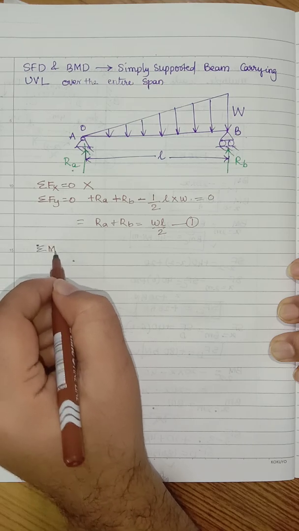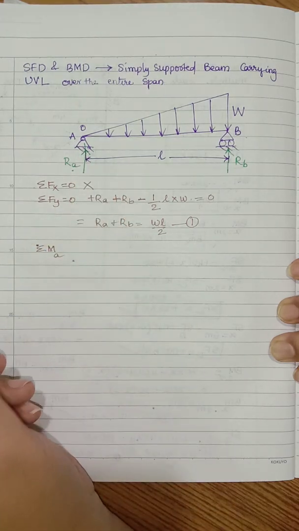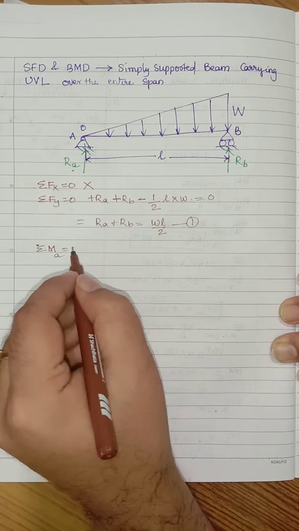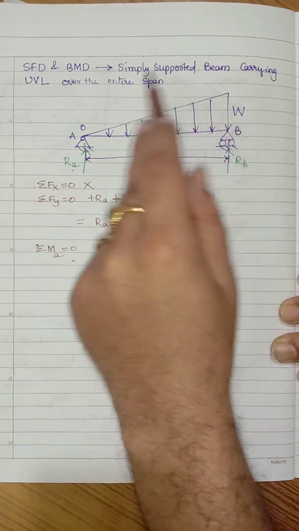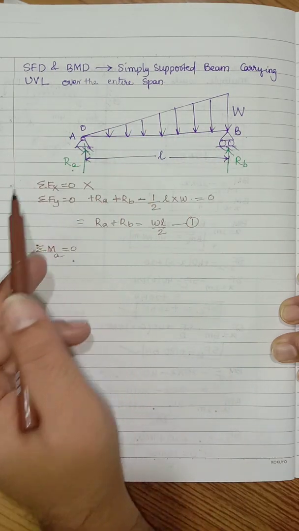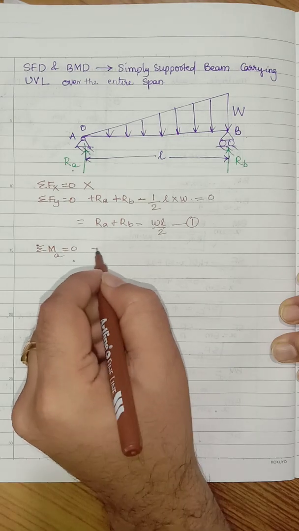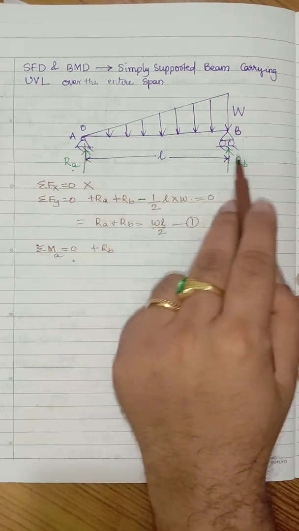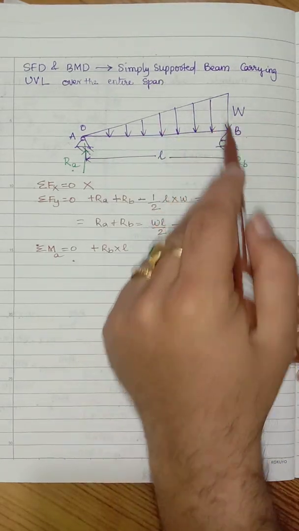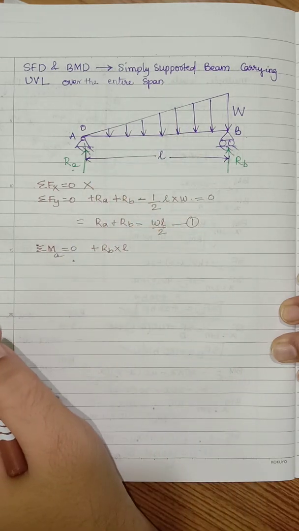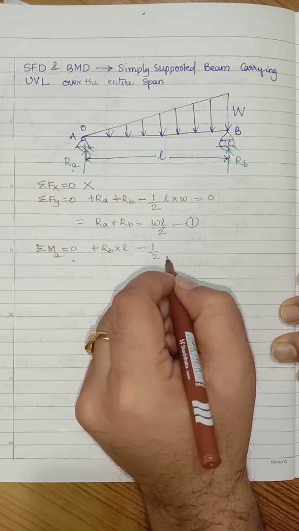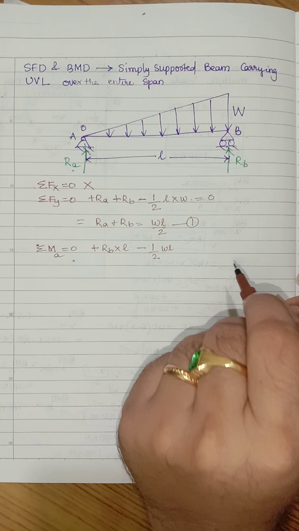Next, I would like to take moment at point A. I am considering point A as the moment center. Sigma moment at point A is equal to 0. Now, reaction RB is rotating in the anti-clockwise direction. My sign convention for moment is that anti-clockwise is positive and clockwise is negative. So this is plus RB, and RB is located at a distance of L, so RB multiplied by L. The triangular load is creating a clockwise rotational effect, which should be taken as negative, minus half multiplied by W multiplied by L,